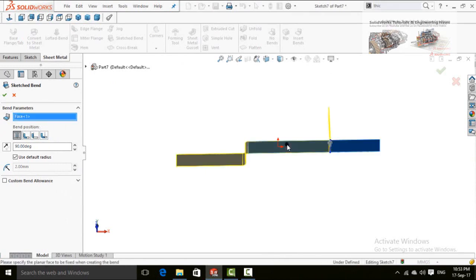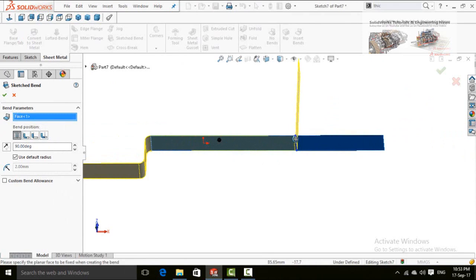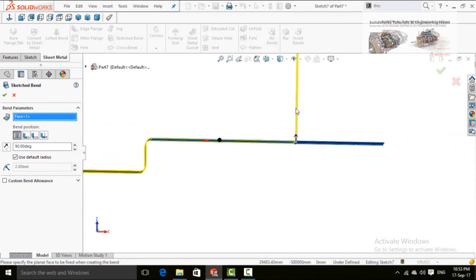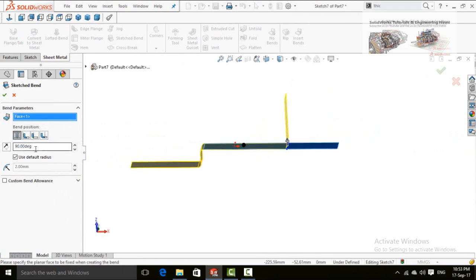So this is our fixed face. Automatically this sketch is selected. So you can see here is only one sketch bend in our sheet metal. So degree and the rest of the settings you can review them by yourself. Press OK to apply.